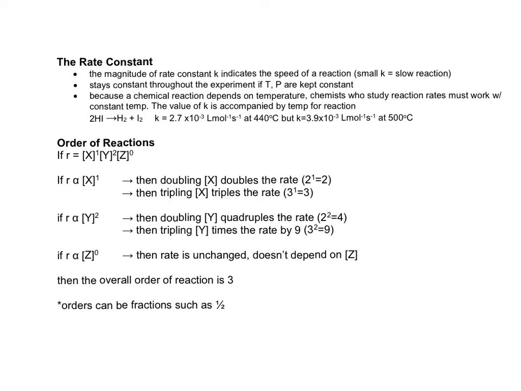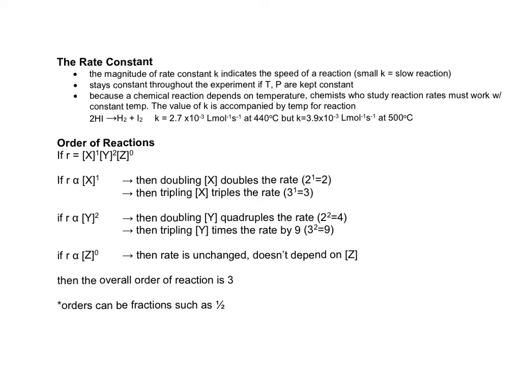If it's second order, then the concentration is to the exponent 2. So if you double the concentration, 2 represents double, then the rate will quadruple. If you triple the concentration, 3 squared is 9, so the rate is magnified 9 times. If you have zero order, then the rate is unchanged and it will not depend on the concentration of that